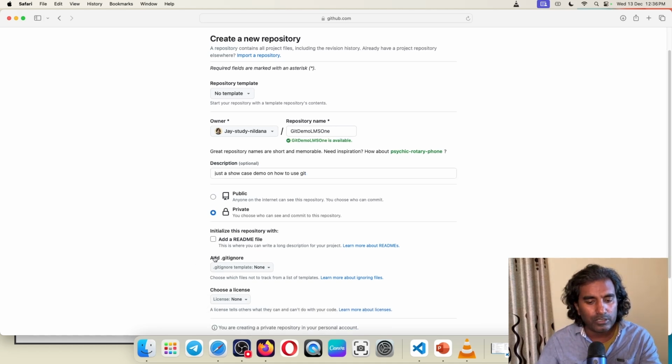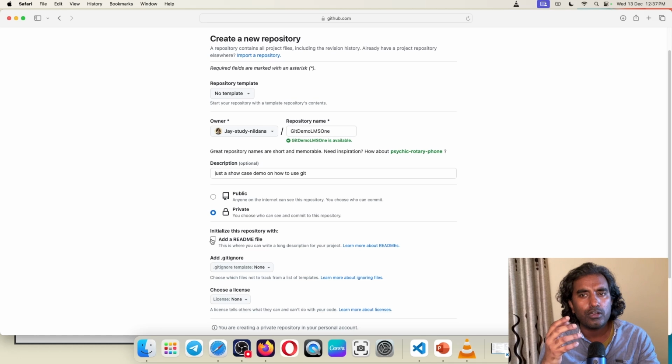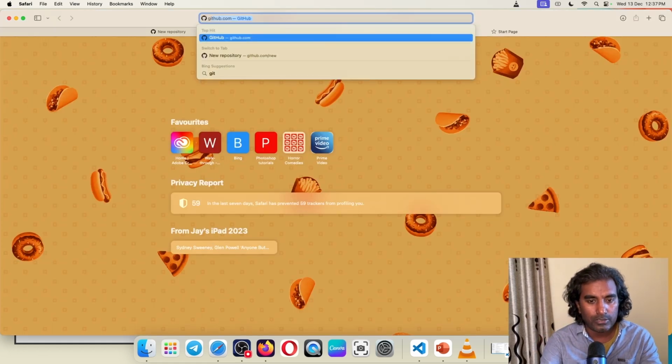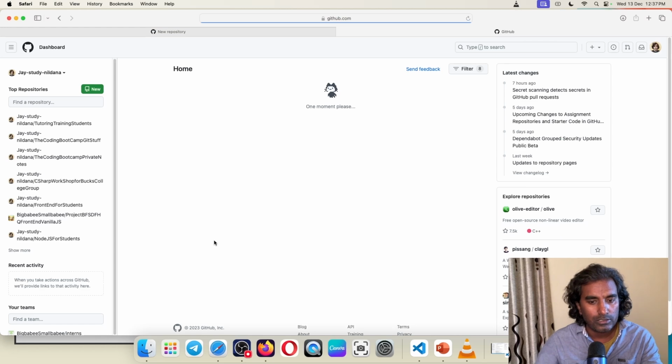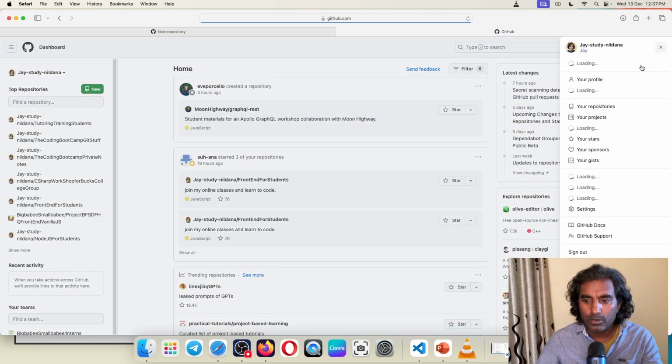And there is something called a readme file. A readme file is part of what is called developer documentation. Okay, so it's always a good idea to include a readme file because that will tell people who are visiting your repository what that project is all about. For example, if I go back to my GitHub account, and if I go to my account,